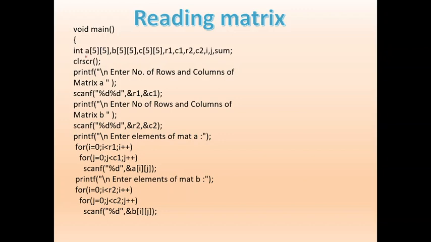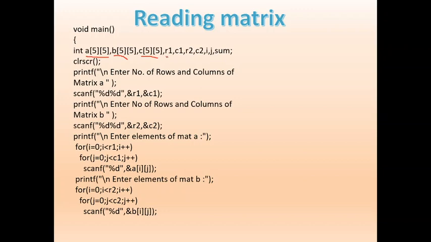One is A[5][5]. It is to store elements of A. The first dimension is maximum 5, the second dimension is 5, but I can choose as per the size of my matrix. A 2-dimensional A matrix, a 2-dimensional B matrix, a 2-dimensional C matrix. After having 3 two-dimensional arrays, because I need to store the sum in C, I am using a third variable.